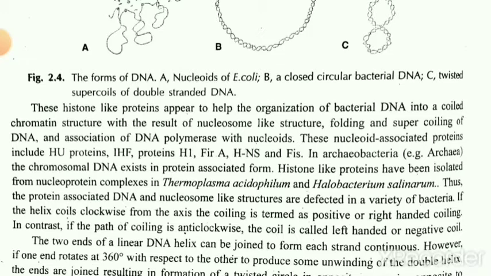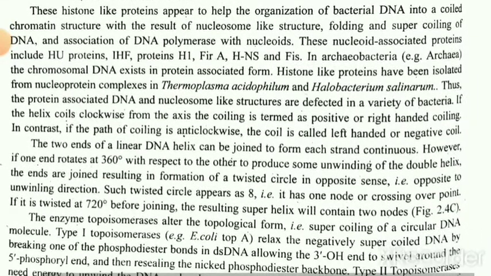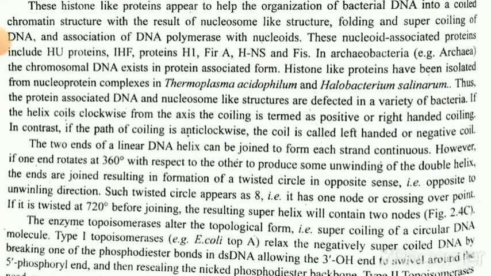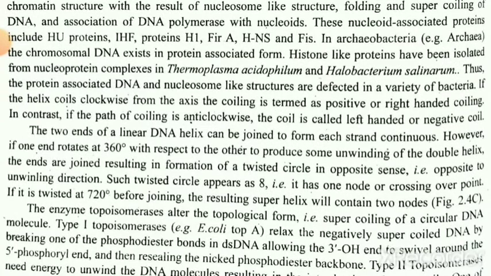If the helix coils clockwise from the axis, the coiling is termed positive or right-handed coiling. In contrast, if the path of coiling is anticlockwise, the coil is called left-handed or negative coil. The two ends of a linear DNA helix can be joined to form each strand continuous. However, if one end rotates at 360° with respect to the other to produce some unwinding of the double helix,